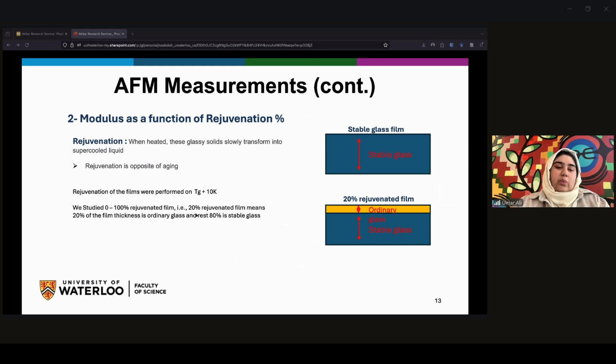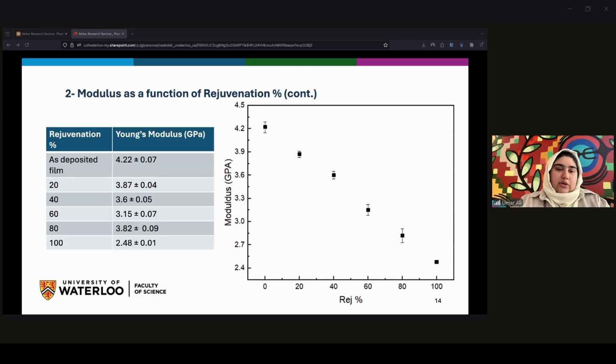What does this say when I say 20% rejuvenated film? It means that the top 20% is the ordinary one, while the rest of the 80% is still the stable film. And the 100% rejuvenated film means that the whole film is now the ordinary film. So we studied that